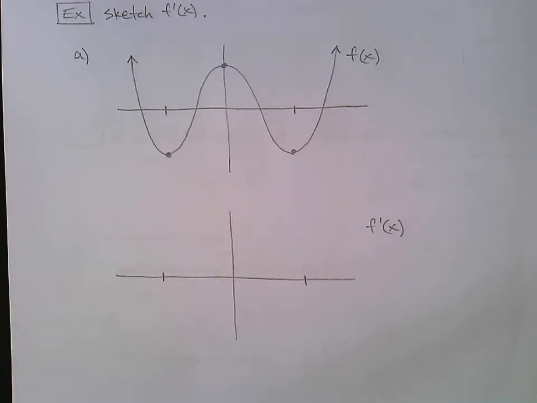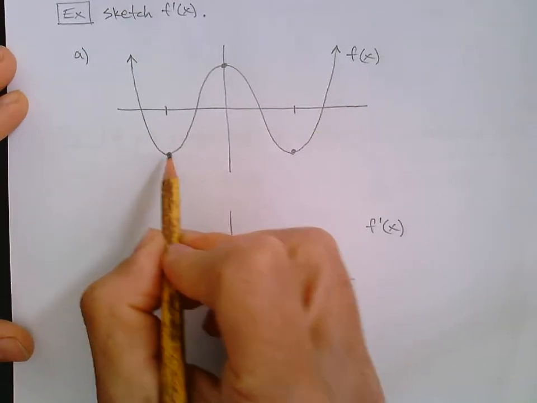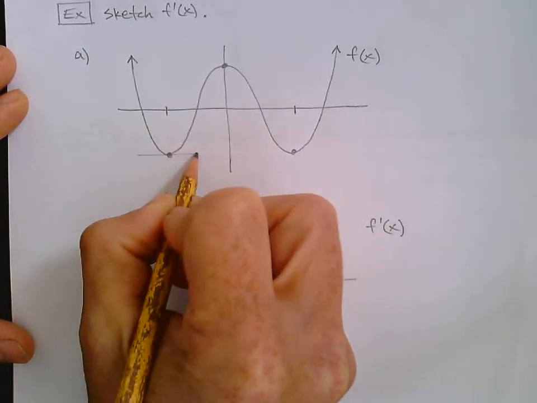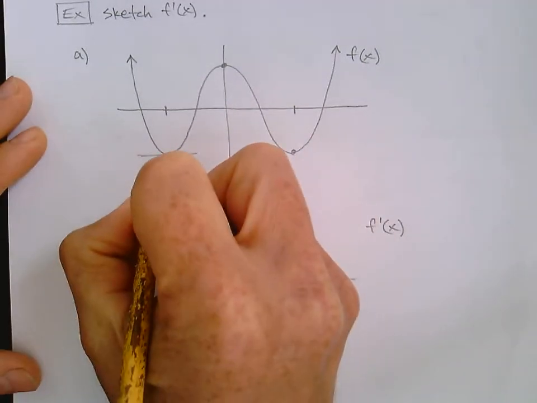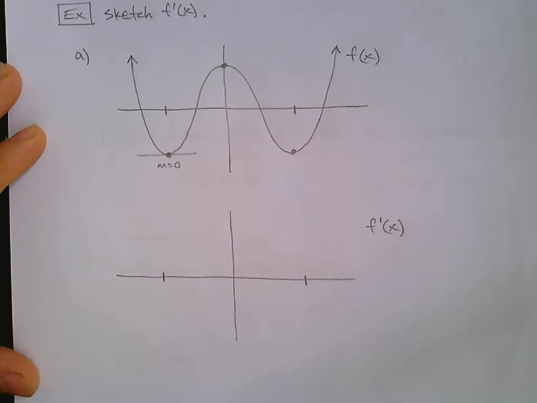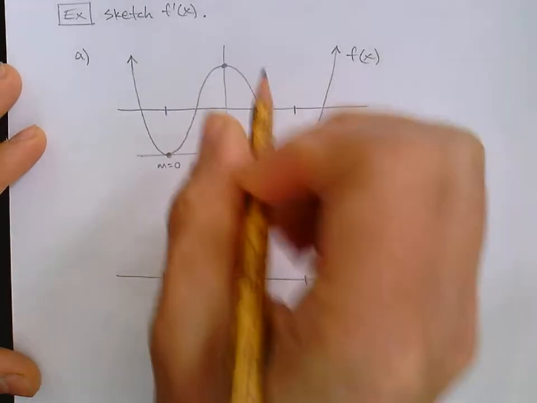Okay, how should we even start? Remember that first example we did a little while ago, and we pointed out that the vertex of the parabola was when the derivative was equal to 0? We said there's a horizontal tangent line at that vertex. Well, the same thing really occurs here 3 times. Think of this location. What's going on with the tangent line there? Or more importantly, the slope of the tangent line. Isn't that slope 0 right here? And same thing over on this side, that slope is 0. And at the very top,